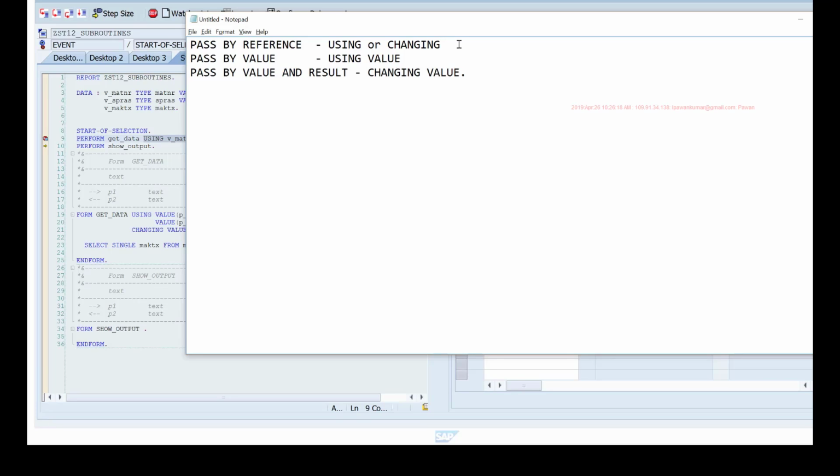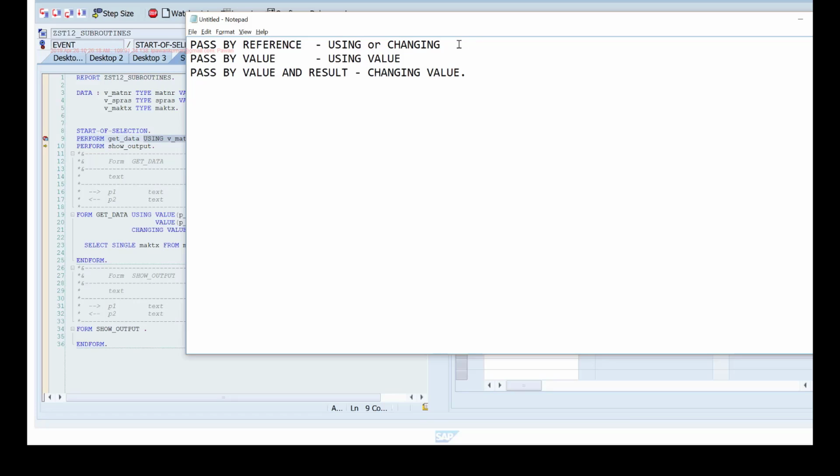If you pass by value, then the syntax is, if you say using value, then the parameters are passed by value. When you do that, the system actually creates a copy of the original data, and your actual parameter will point to the original memory. Your formal parameter will point to the new memory. And if you change the formal parameter, the original will not be changed. The actual parameter will never be changed.